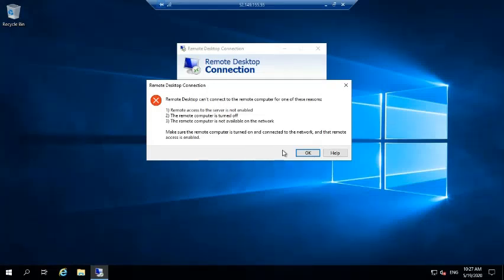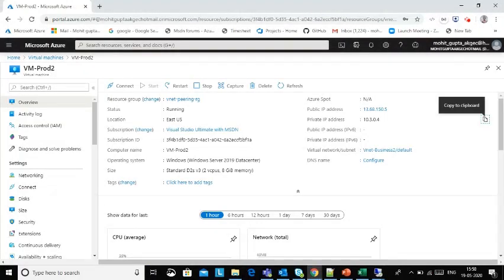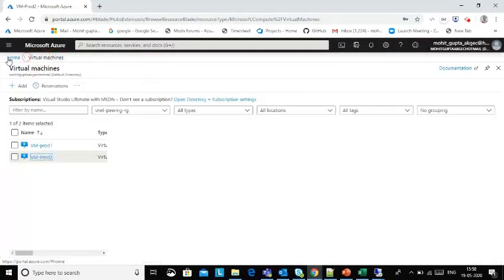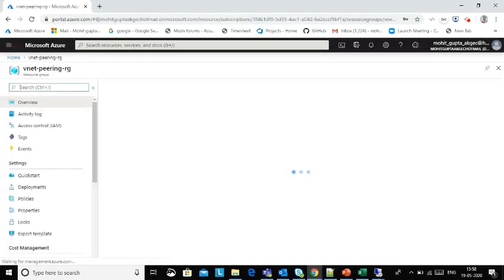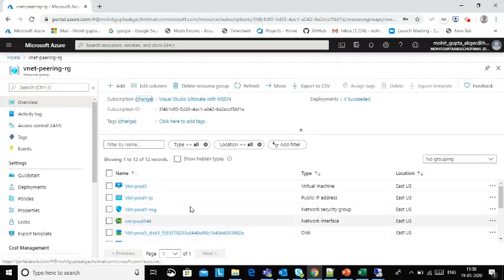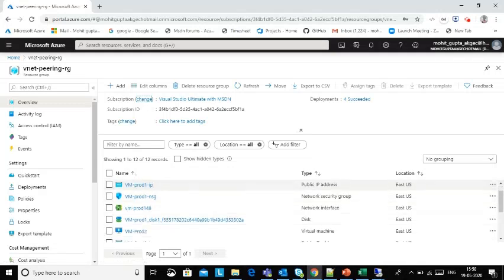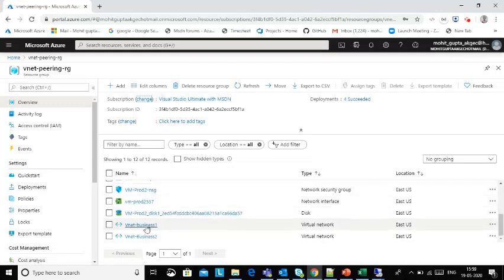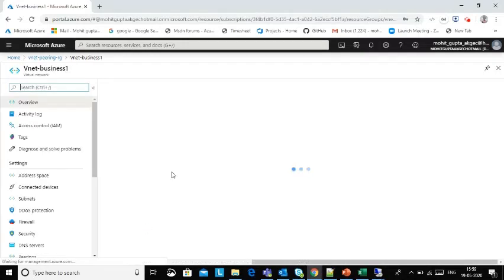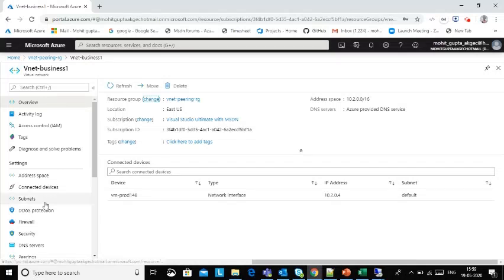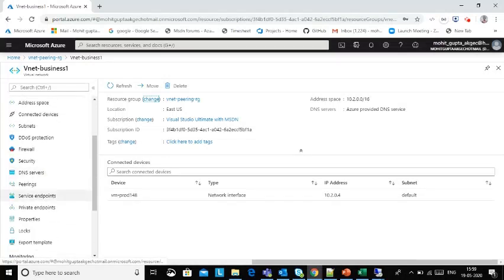Now let's make a peering communication between both VNets. This is my virtual network group, and these are my VNet business 1 and VNet business 2. Let's make a peering with business 2.